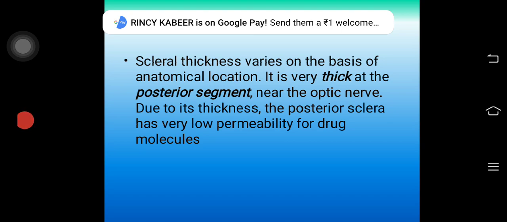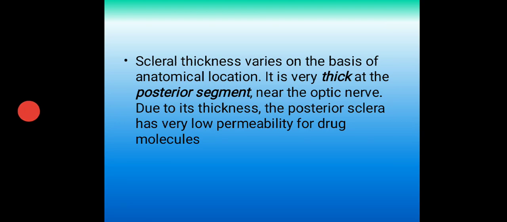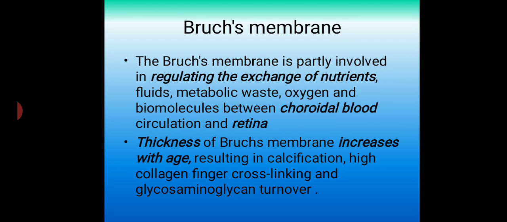So we were discussing the intraocular barriers, and the sclera comes under the posterior segment static barrier. Since the sclera is very protective in nature, the permeation of a drug molecule through the sclera depends upon the physical nature of the drug molecule. Secondly, the charge of the drug molecule can affect it. Thirdly, the thickness of the sclera again can affect the permeability of the drug molecules.